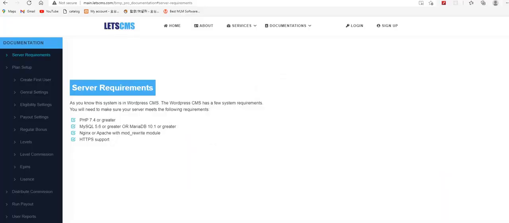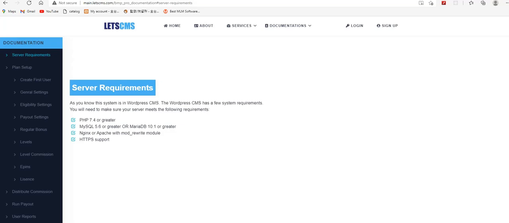Hello guys, I am Jitendra from Lightstreamers Private Limited and I am going to present my plugin, the binary MLM plan, that is used for multi-level marketing purposes. We have created this one for the WordPress CMS. I am explaining it with the documentation as we have written the documentation as well.